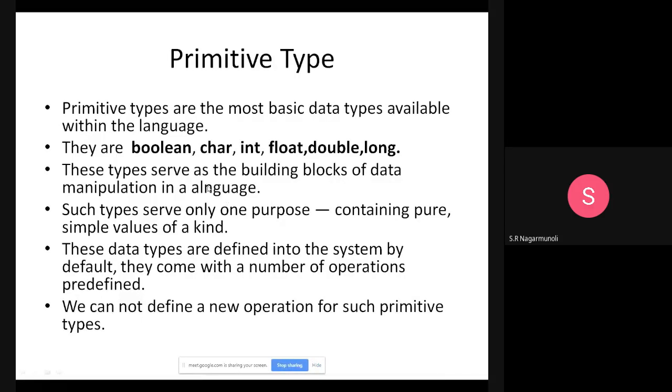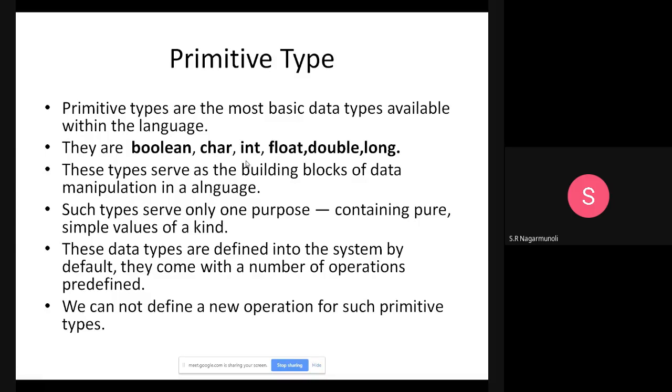The spelling is wrong here; it should be language. Such types serve only one purpose, that is containing a pure, simple value of any kind. Once you say int x, you can store a number there. Once you say double x, you can store some number there. Once you say boolean, it can be either true or false.